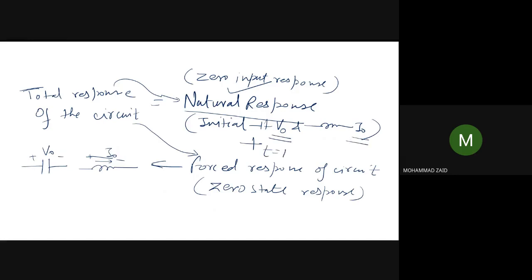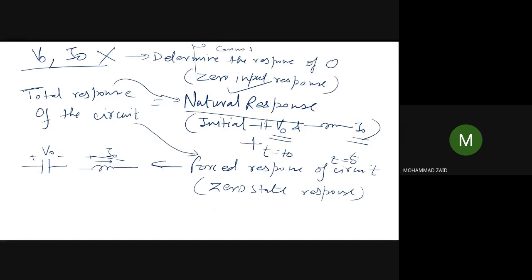That is at t is equal to t naught. That means at the point at which the switching is happening, you need to know what is V naught and what is I naught. If you don't know these values, then you cannot determine the response of the circuit. Small form we write like this. Even if it is zero, then this is also information that we need.